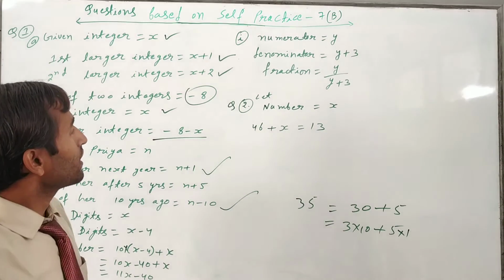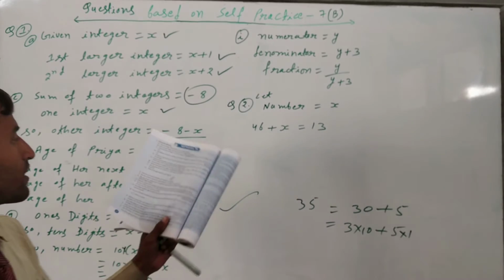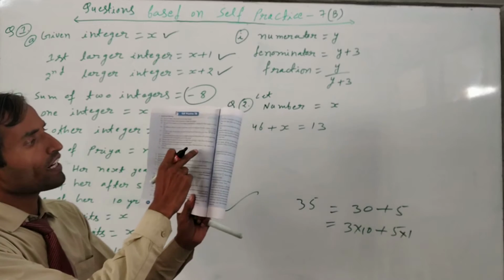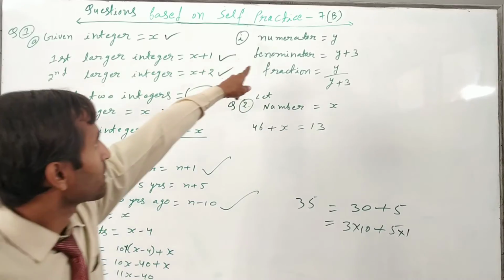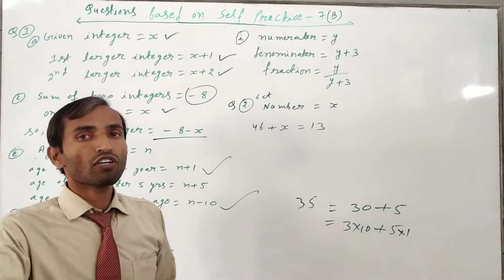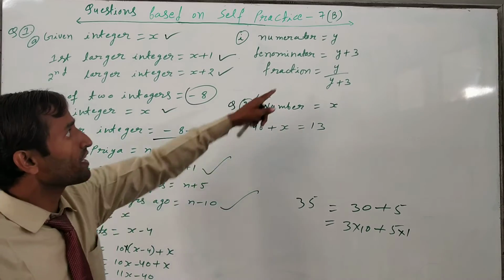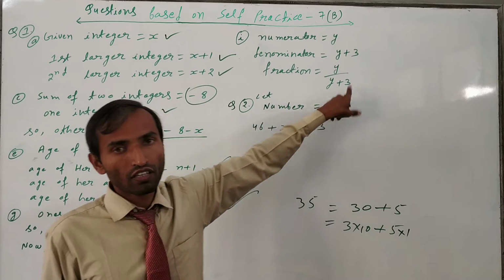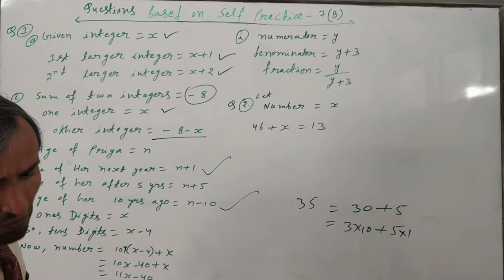Now in question number one, part i, a fraction is given. It means the denominator of the fraction is 3 more than its numerator. If the numerator is y, then what is the fraction? The numerator is equal to y. The denominator will be y plus 3, because the question says 3 more than the numerator. So the fraction becomes y upon y plus 3. This is the answer. I have left part j, just try it yourself.